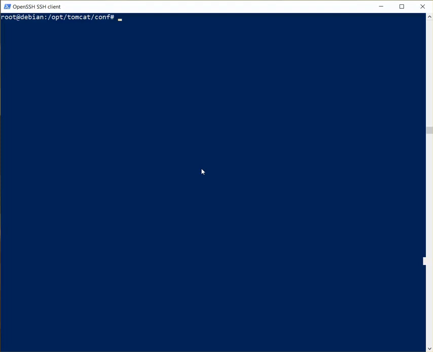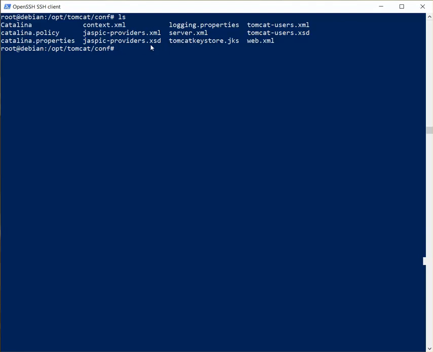This is done by adding a line in the session config section of the web.xml file. So just to actually secure HTTP here, we should go to